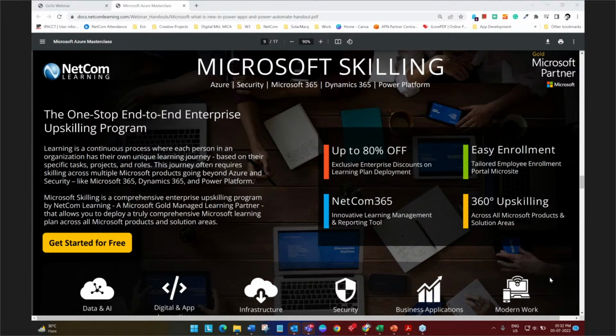And all the learners can explore the offerings on their own and enroll themselves without having to go through an L&D person. We take care of everything from the back end, and the leadership and the managers are kept in the loop following the required and due process. So this is a great offering. Feel free to explore and know about this by getting in touch with us.